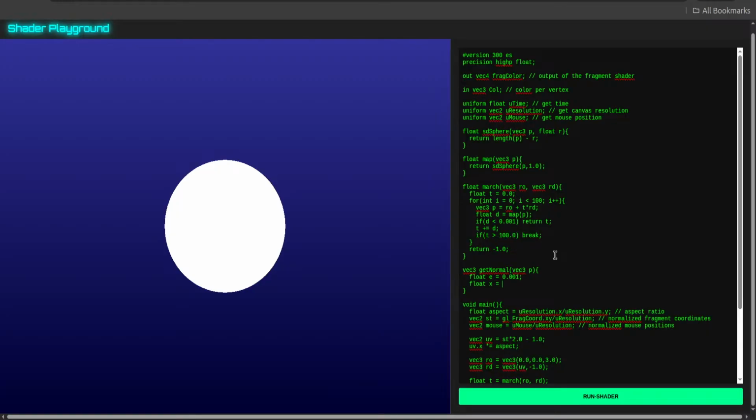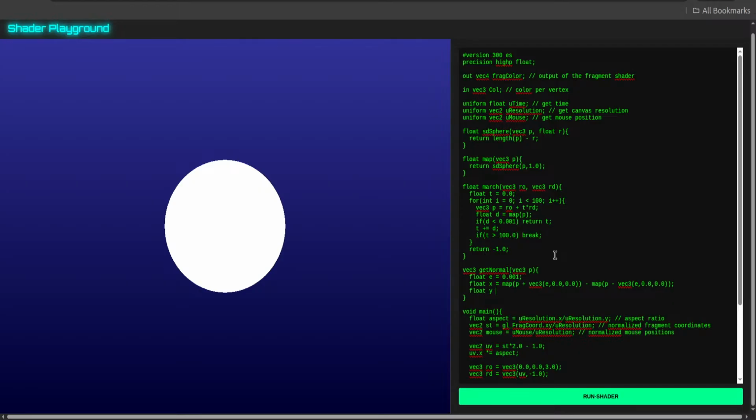For X we will use the gradient in the X direction. We'll approximate it like so. We will use P plus vec3 E. We are basically using the limits definition of a derivative for approximating this. Now for the y direction,